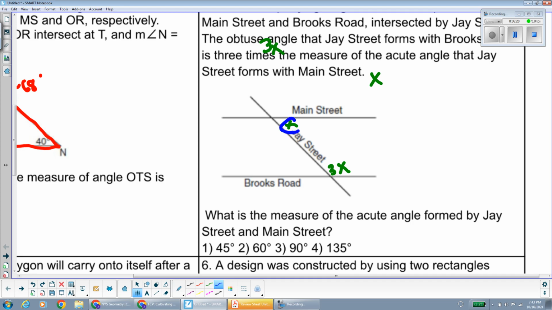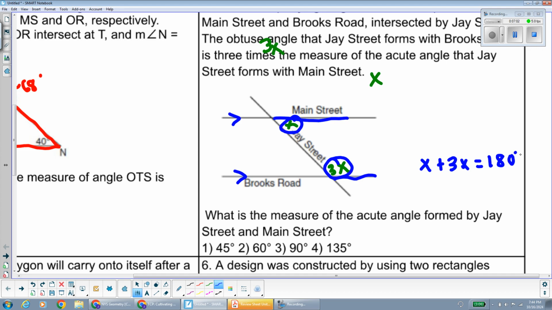So these two angles over here are both inside the lines, and they're on the same side of the transversal. So we call these same side interior angles. Same side interior angles are supplementary to each other when lines are parallel. And we do know these are parallel because they're streets, and streets in real life are parallel to each other. So we have x plus 3x